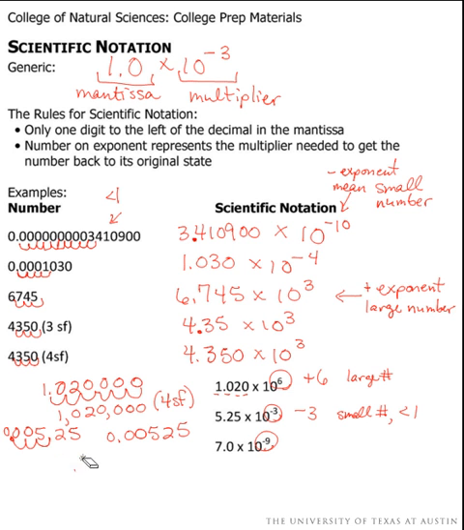7.0, I'm going to need more space than that. 7.0, 1, 2, 3, 4, 5, 6, 7, 8, 9. Ooh, just barely fit it in. And I should have 8 zeros, and indeed I do. Again, this is for 2 significant figures, just to remind myself. So looking at scientific notation, we notice the trends. 1 digit to the left of the decimal, and then the exponent identifies whether it's a small number